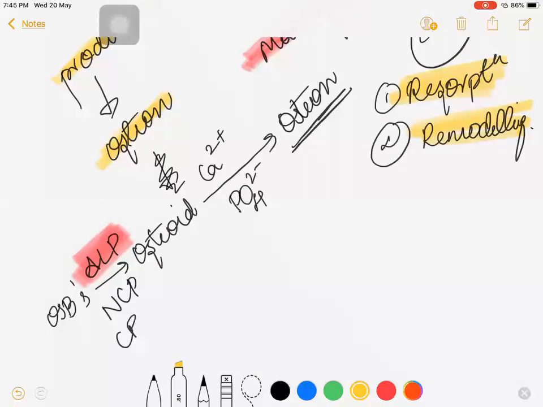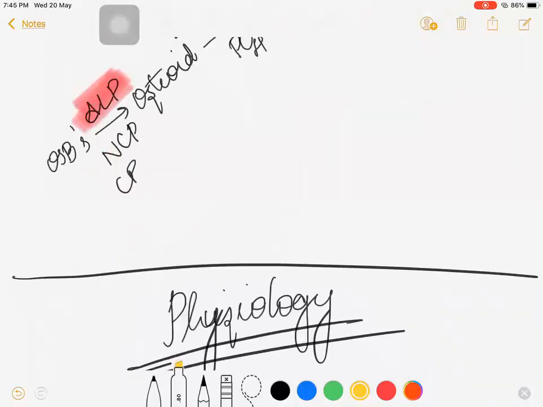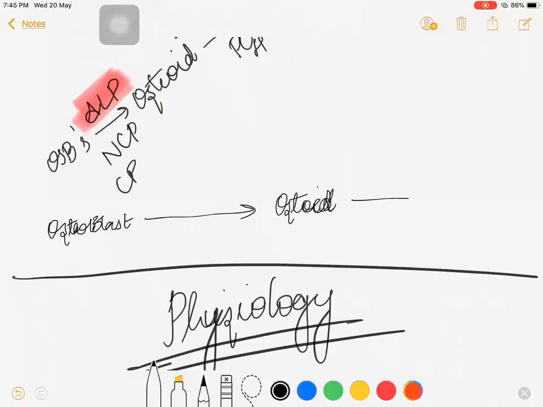To know how osteoblasts help to produce osteon, I'll write it up straight so you can know better. This is the osteoblast. Osteoblast is going to produce osteoid. Then osteoid gets converted into osteon. For this osteoid production, you need an enzyme, which is going to facilitate it, and that is ALP. Then you'll need raw products. What are the raw products? Collagenous proteins and non-collagenous proteins. Then they produce the osteoid.